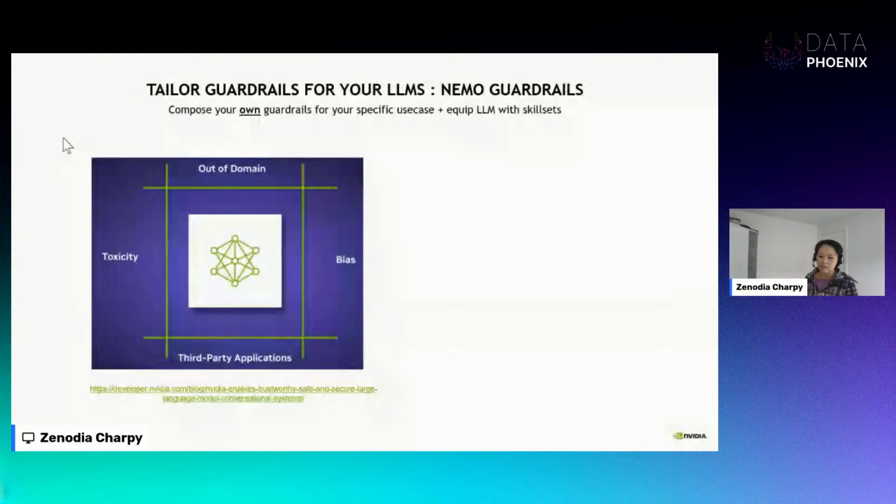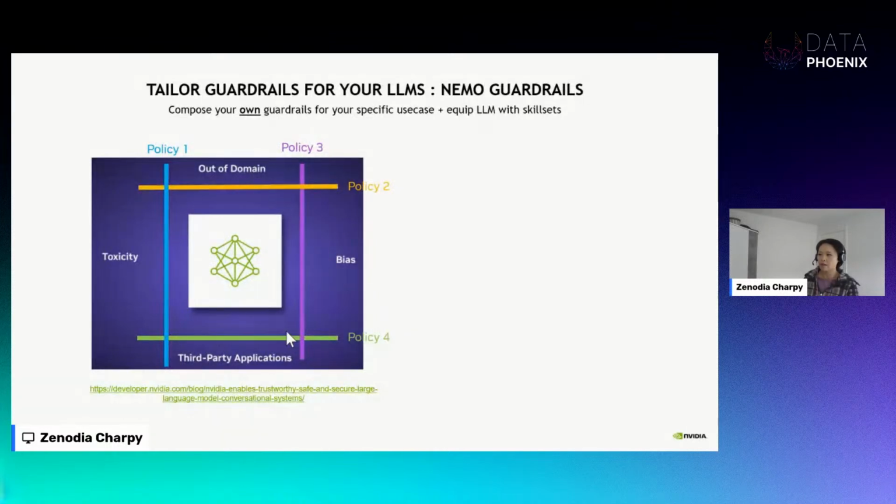Now, consider this. If you are an enterprise or a business and you want to leverage generative AI technology, more specifically large language models, even the almighty ChatGPT, but you still want to be able to manage the conversational flow just the way you want it, because you have a specific policy or a specific way you want things to be done, that's NeMo Guardrails. It helps you manage that conversation flow.